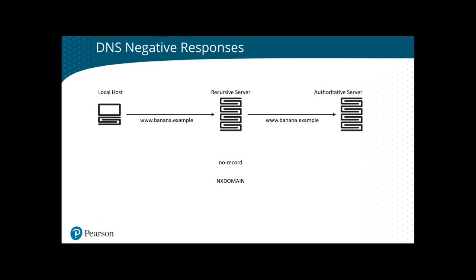If the host does a query for banana.example to the recursive server, the recursive server takes that and goes through the TLD, root, and so on, and gets to the authoritative server. And the authoritative server says banana.example exists, but not the www service. So that means there is no record. It doesn't mean that the domain doesn't exist, just that there is no record for this service attached to that